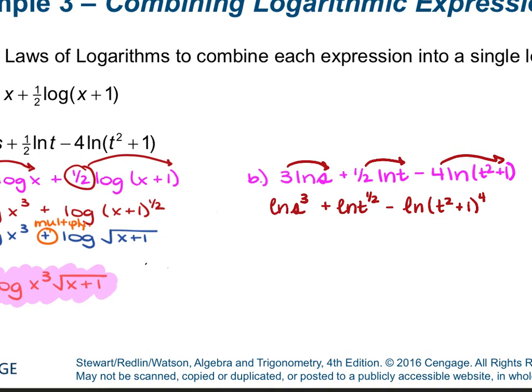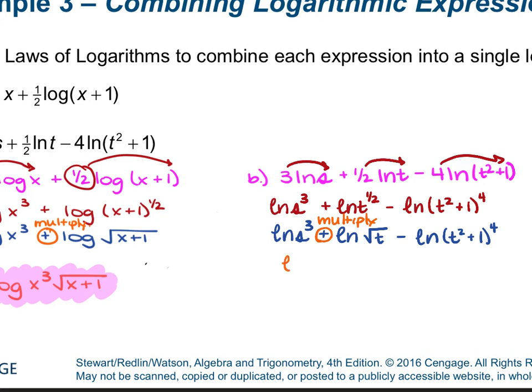We do have a power of a fraction, which we do need to rewrite as a radical. So we're just going to take this down another step to be the natural log of s cubed plus the natural log of the square root of t minus the natural log of t squared plus 1 to the 4th power. If you're adding, multiply,